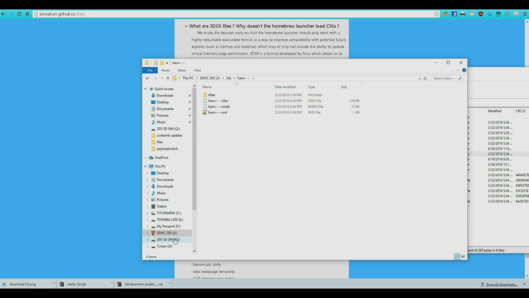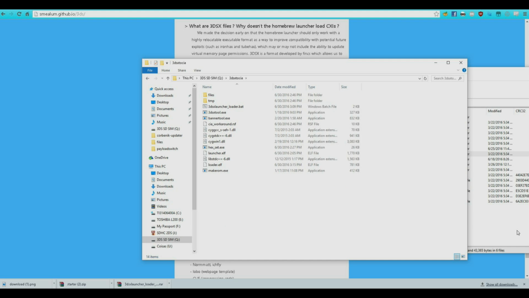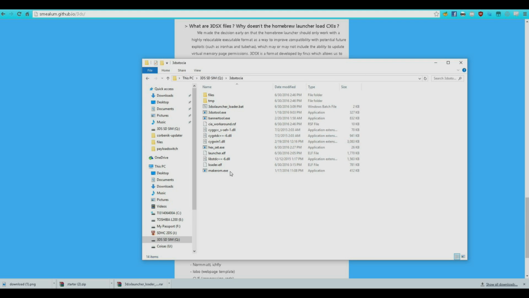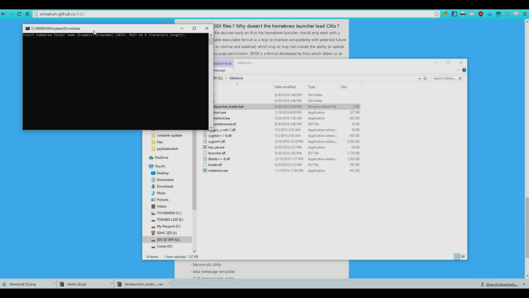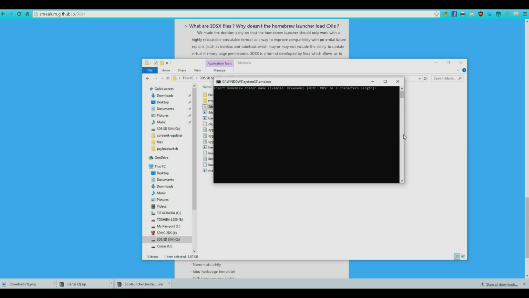Next, you want to actually open the 3dsX Launcher Loader pack, which you should have unzipped somewhere. And you want to launch 3dsX Launcher Loader.bat. So first of all, insert the Homebrew folder name, which in my case is Hans dash dash dash dash. Now the Homebrew name,